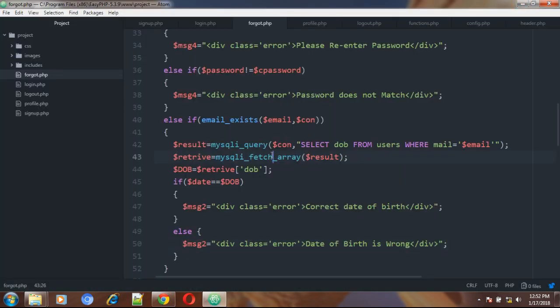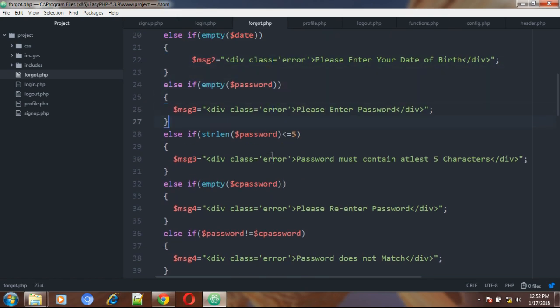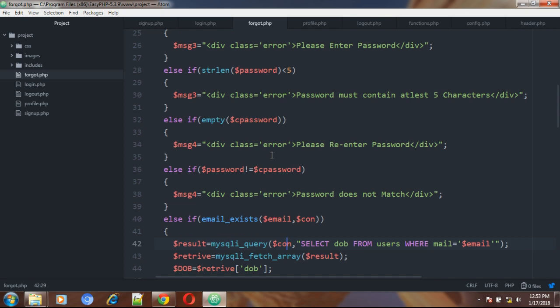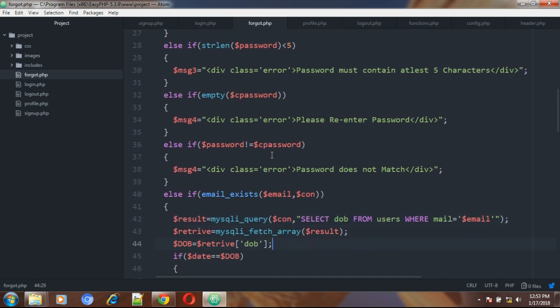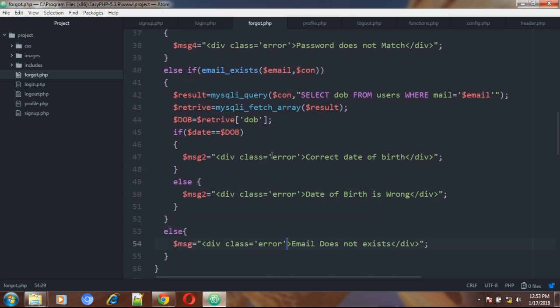We have checked and validated whether the date exists or not. Over here we will remove this equals to, because it is checking whether the value is 6 digits or not. That's why I have to remove that. Okay, date of birth is okay. If the date of birth is correct, it will not echo out any message. What we will do is,